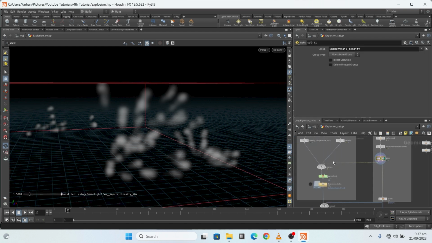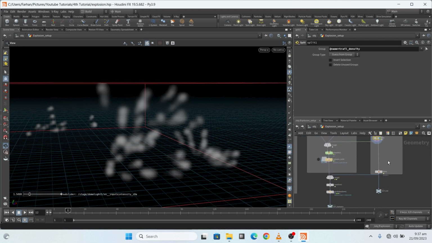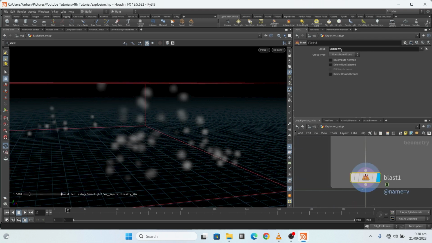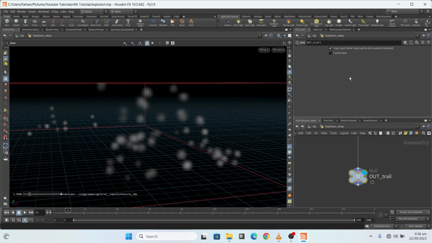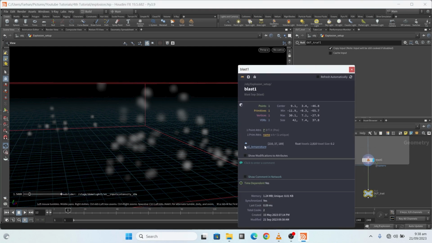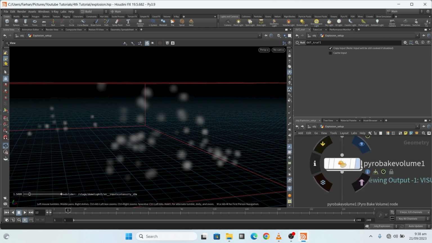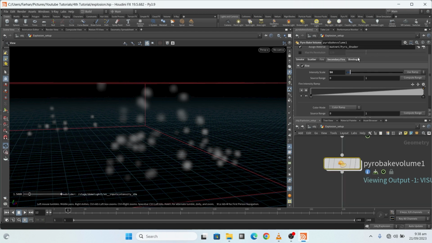now my trail density is going here, and here I blast velocity, and here it only gives me a trail temperature. Okay, and the trail temperature is going in the pyro bake volume. And